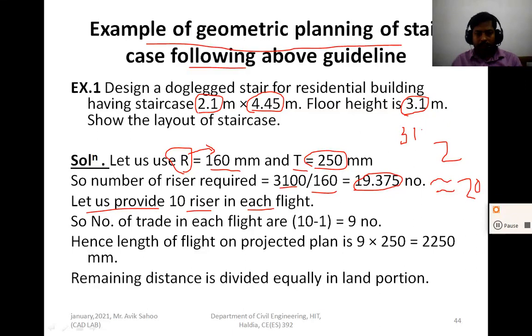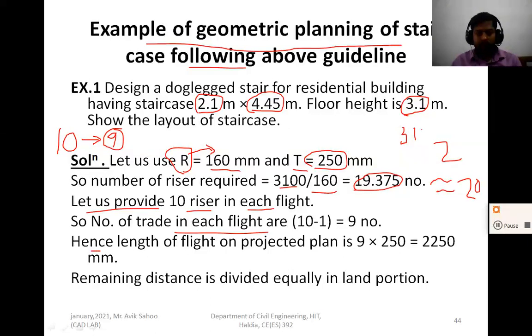So what is the number of treads in each flight? You can see on the plan that the number of treads is the number of risers minus 1. If there are 10 risers, then there are 9 treads, always one less.